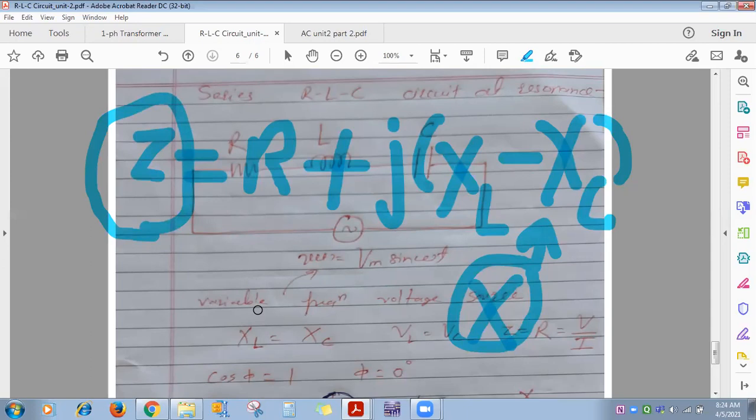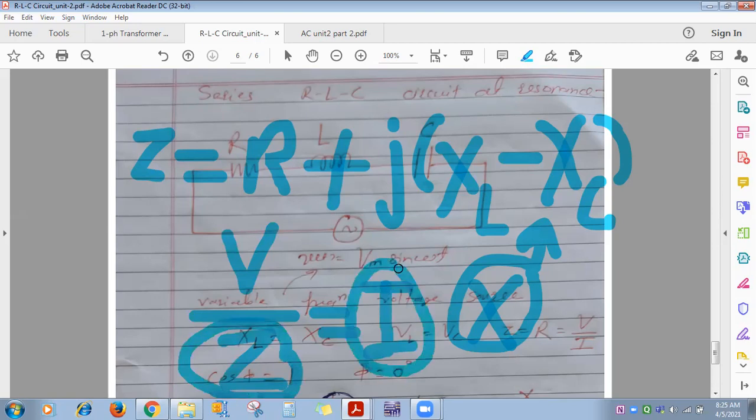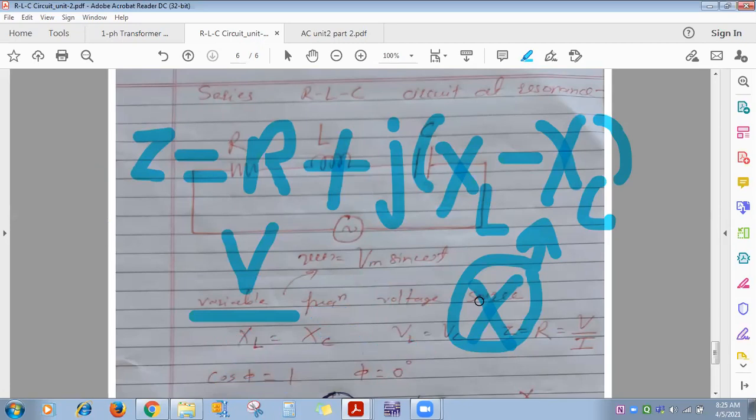Yes. Impedance will change. And if impedance is changing, total voltage divided by total impedance is what? Current. Total current. So if impedance is changing, will current flowing in the circuit change? Yes, it will also change, isn't it? And if current is changing, will the power factor between voltage and current change, or the angle between voltage and current change? It changes, because